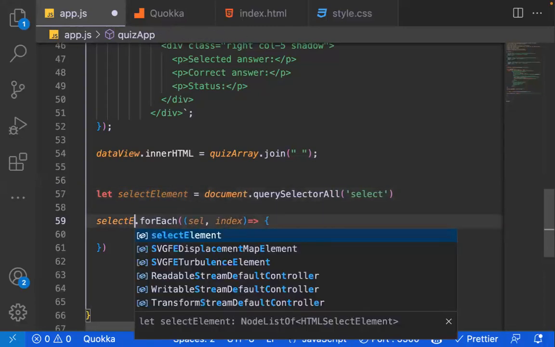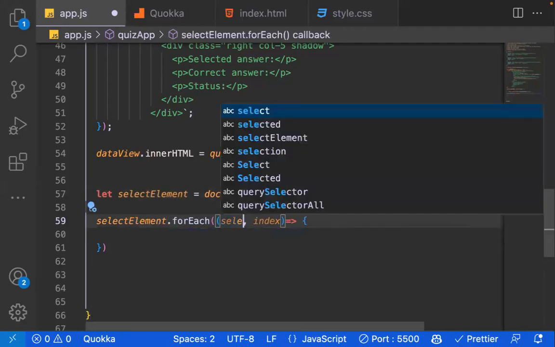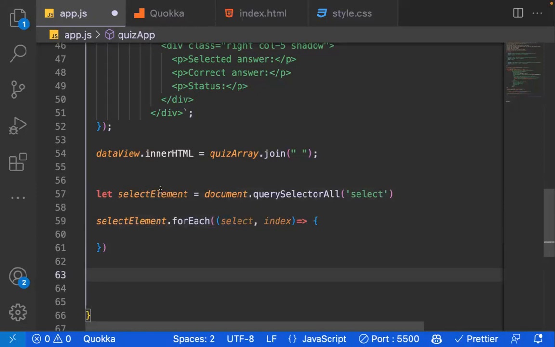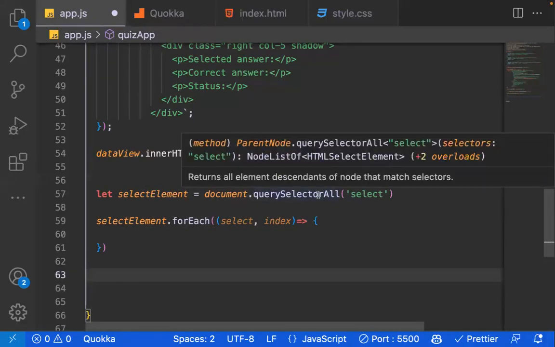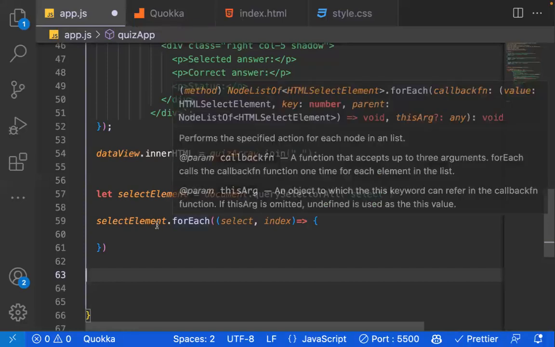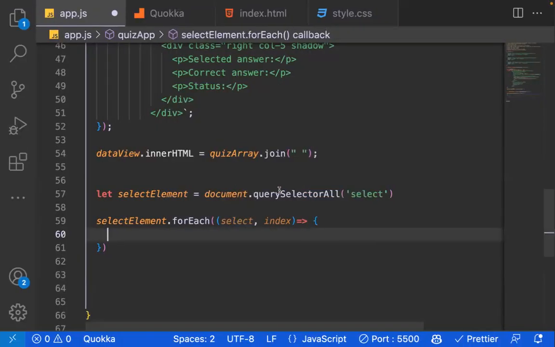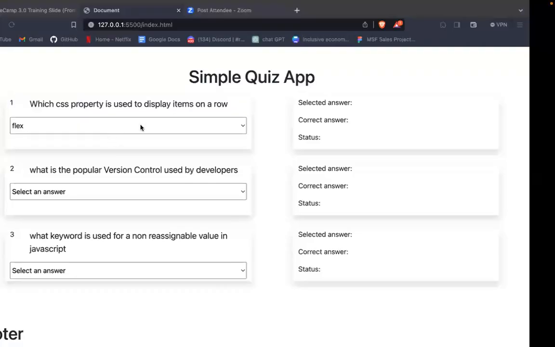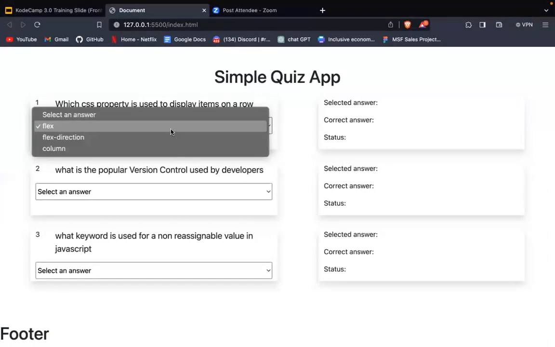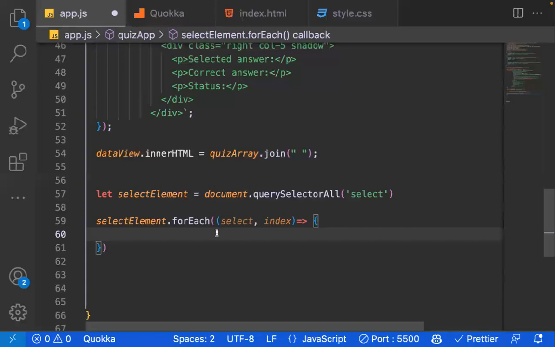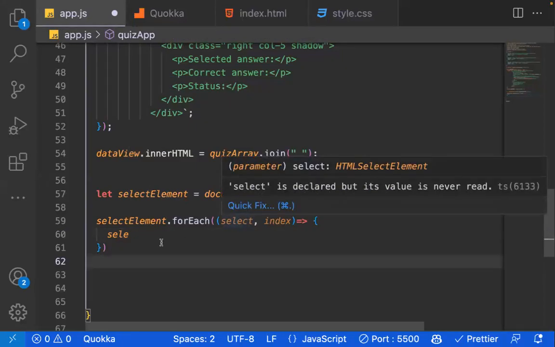Then we can have selectElement here, and then let's use select here. Okay, so this is it. selectElements is getting all of the select elements, while we are now saying selectElements.forEach. For each of these select elements, we are representing each of it with select. Now what I want to do exactly is to click on each of the select elements. Every time I click on the select like that, I want to get something. Remember, I've represented this select with each of the select elements. So I say